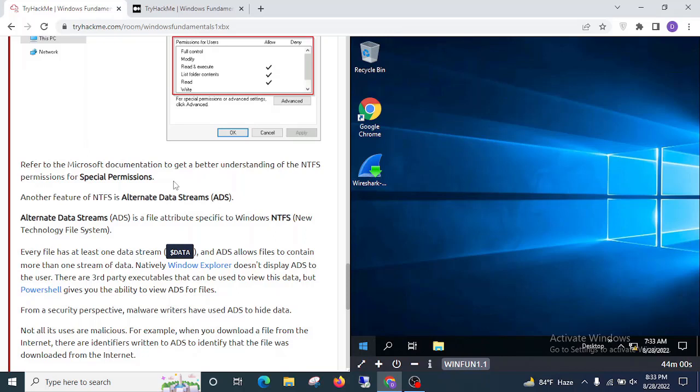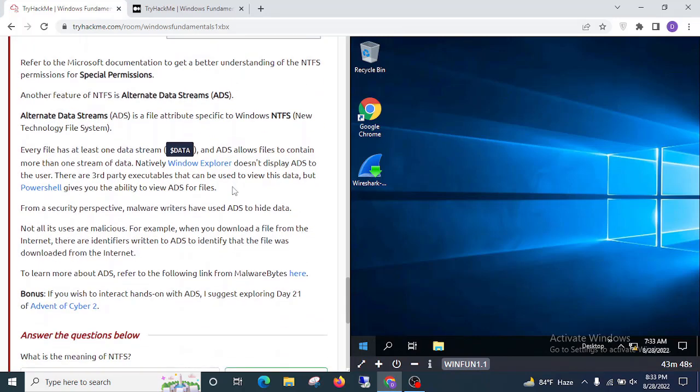Another feature of NTFS is alternate data streams, ADS. Alternate data streams is a file attribute specific to Windows NTFS, New Technology File System. Every file has at least one data stream, and ADS allows files to contain more than one stream of data. Natively, Windows Explorer doesn't display ADS to the user. There are third-party executables that can be used to view this data, but PowerShell gives you the ability to view